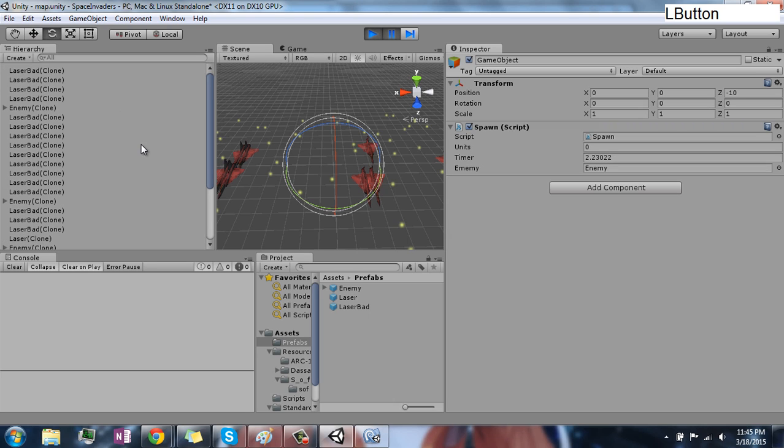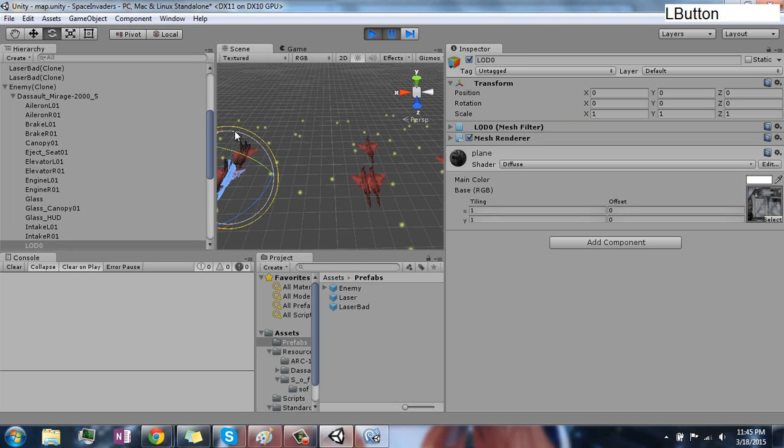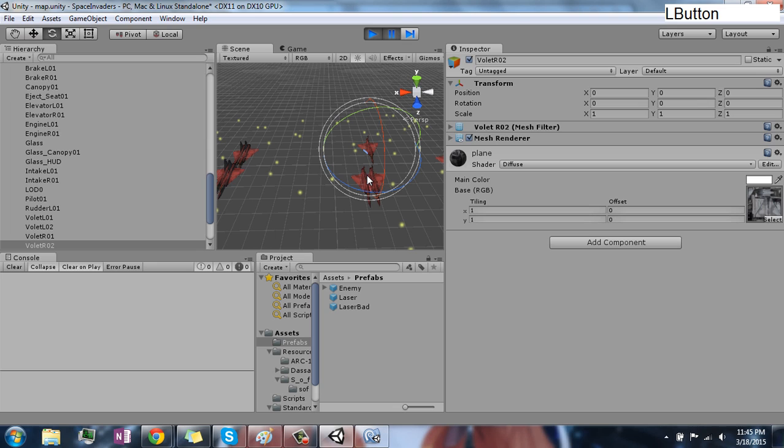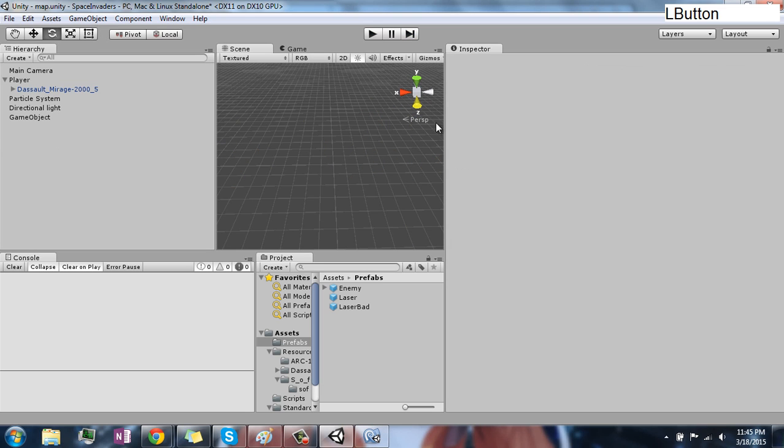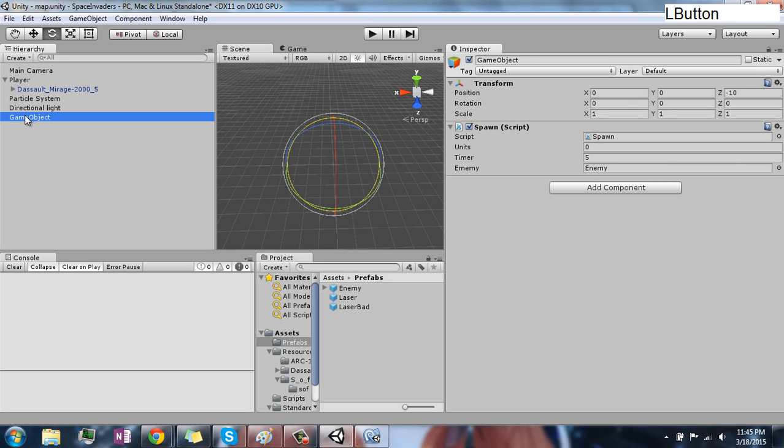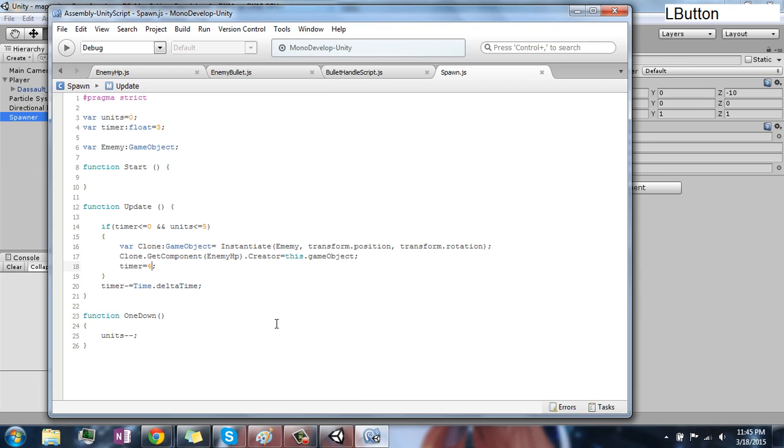And it's still spawning them. Pause this for a second. It's not listening to units. Go back to spawner for a second. I'm gonna name this also spawner. Spawner. So if units is less than 5,